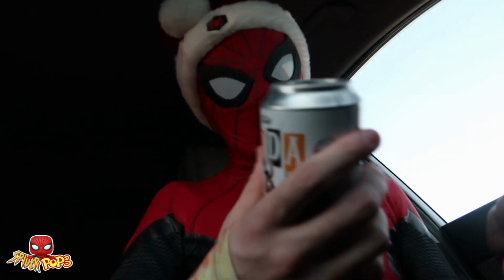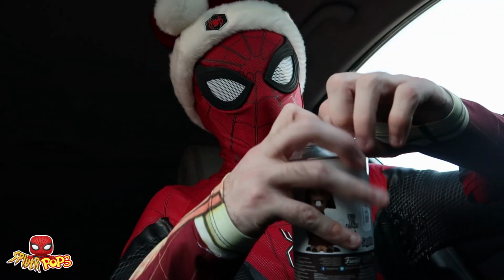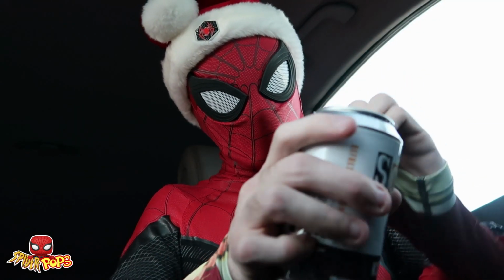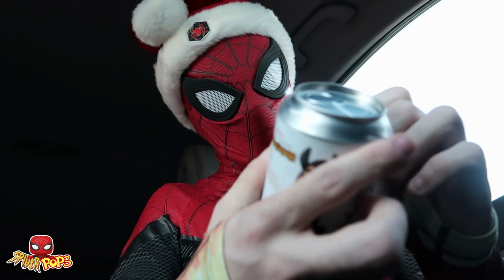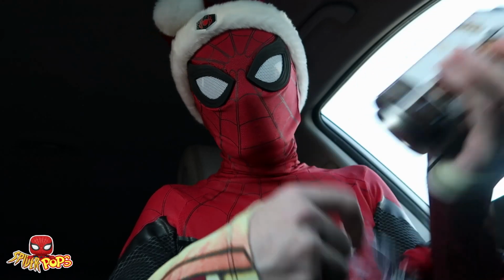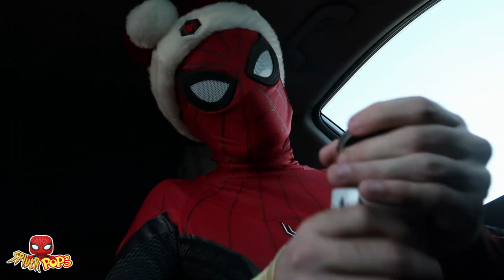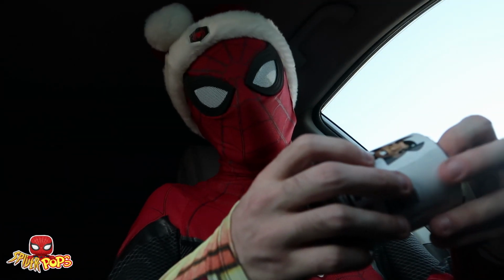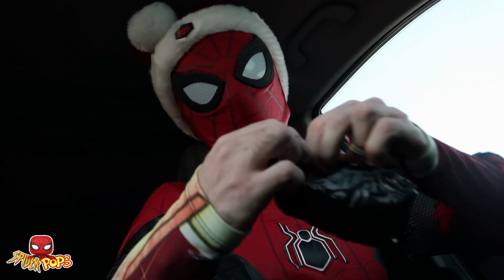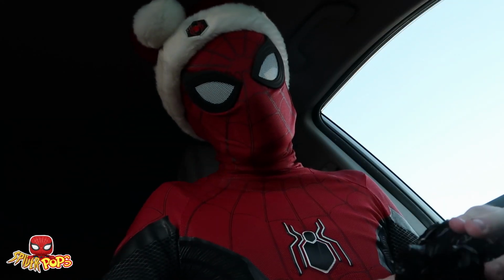Alright, got the last one right here. Hopefully this one is the lucky one, and we are just going to open it up and think lucky thoughts, clap your hands, say you do believe in fairies, and with faith, trust, and just a little bit of pixie dust, maybe this can be the Chase Cusco. So we are going to open up the top. That one opened easier than the last 2, so that's got to be a good sign, right? We are going to open up this final Cusco soda figure, and